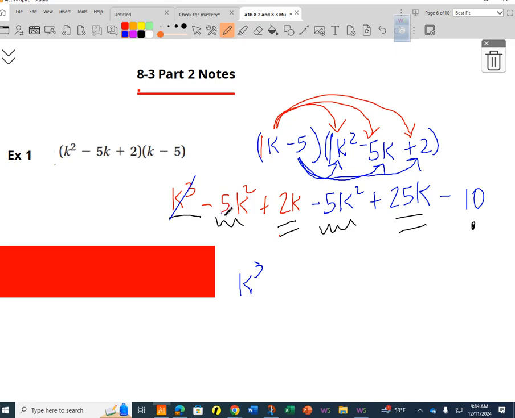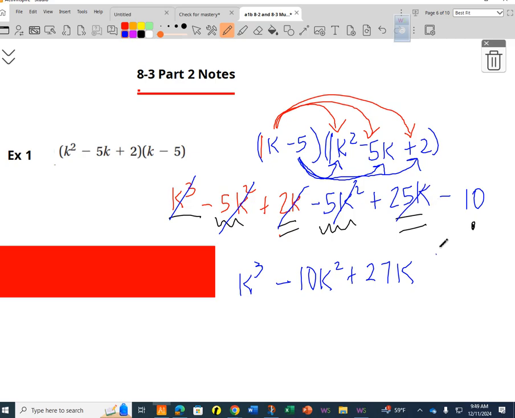So now we're going to combine -5 minus 5k squared. That would be minus 10k squared. Remember, to combine like terms, you add or subtract the coefficients depending what the expression says. Now the next one, so what's the degree on this term? Okay, what's the degree on that? 1, that's right. So we're going to put the k's next, so 2k plus 25k, just add the coefficients,